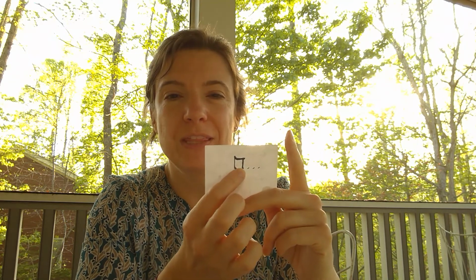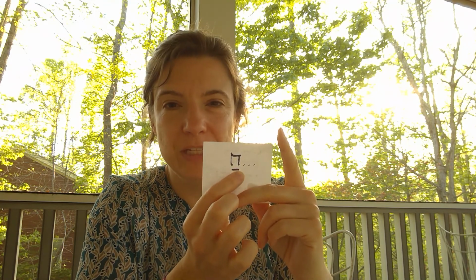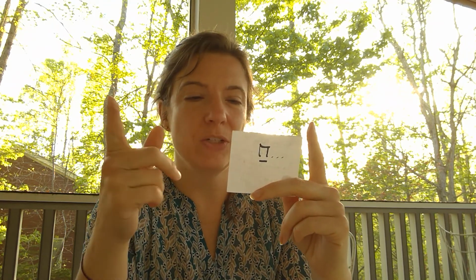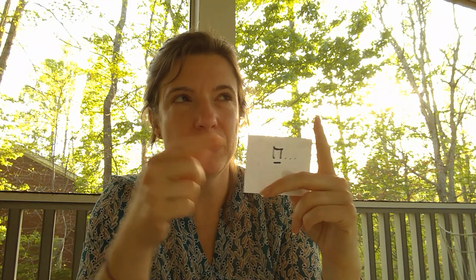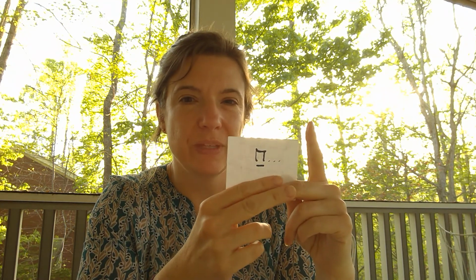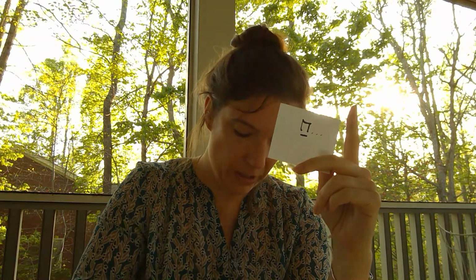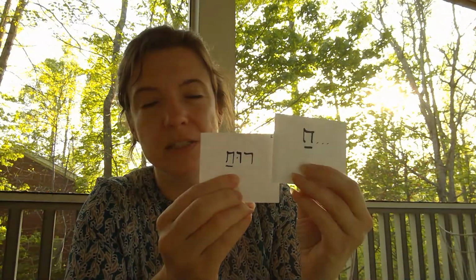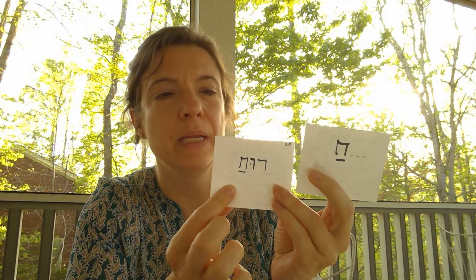So only in this case, when you've got the het at the end and it's got a pitach underneath it, you actually switch it up, and you say the vowel before. Instead of our normal pattern, you don't go ah, you go ach. You switch it up, ach. But that's only when it's at the end of the word. And there's a word that you probably already know. You didn't necessarily know how to read it in Hebrew. We're not going to get to it till lesson 20, but